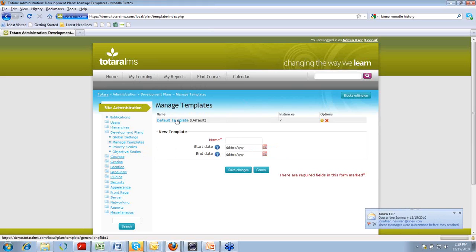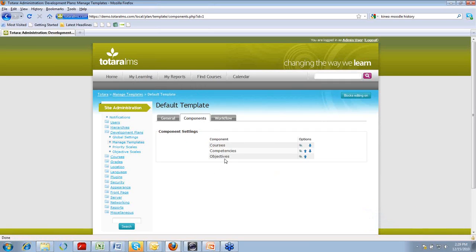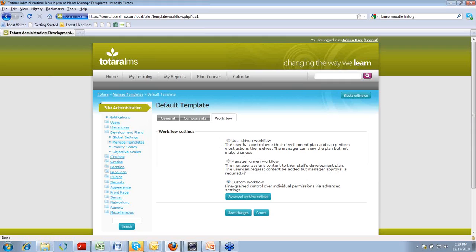The development plans that you saw earlier are based on a template, and there are ways you can define those plans and the ordering of things. Say you want to make competencies primary, we have ways to change the sort order of those components. The other key thing is how you'd like to manage the workflow of the IDP. We have default settings for a user-driven workflow where the learner can assign their own learning and the manager can view it, or where the manager drives it, or there are other types. So we've got fine-grained controls over exactly how the